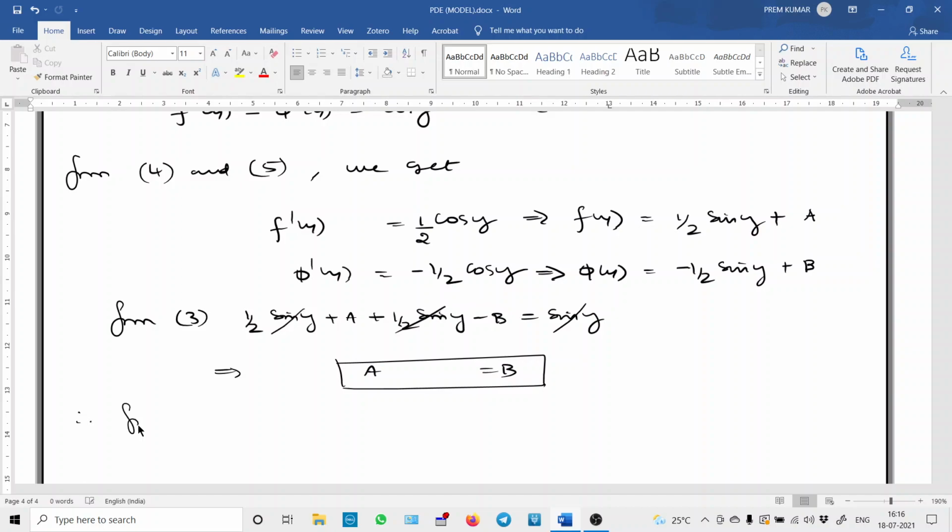What is f of y? 1 by 2 sin y into e power of ax plus pi of y, minus 1 by 2 sin y into e power of minus ax, plus,